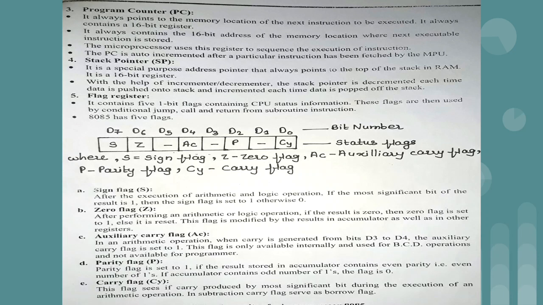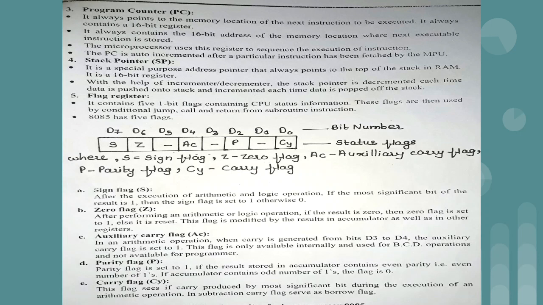So basically this particular flag is automatically set by the system or by the compiler. The programmer does not have any right to make changes. Using programming we can set the zero flag, the sign flag, or other flags, but this particular flag is not available for the programmer to change its value.